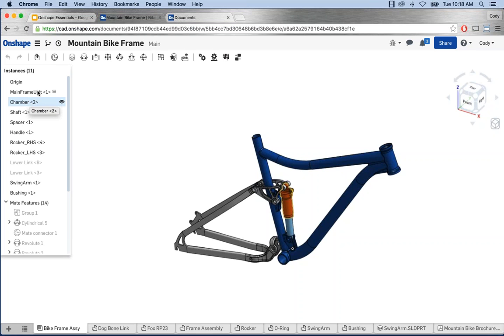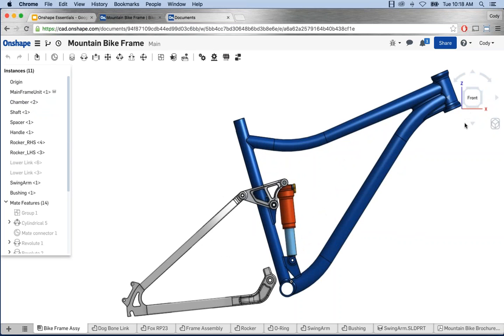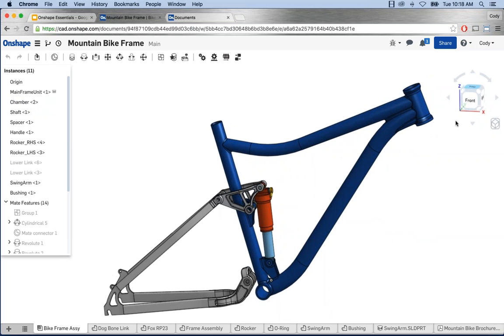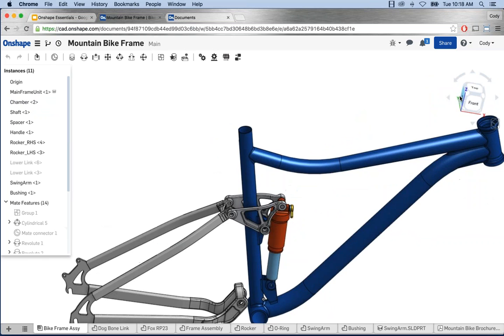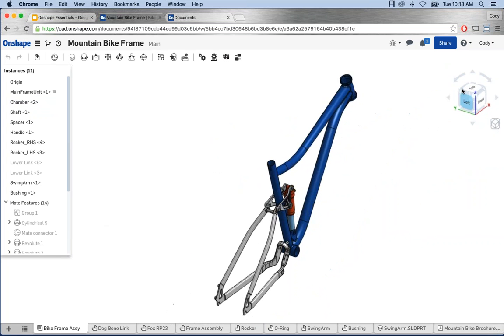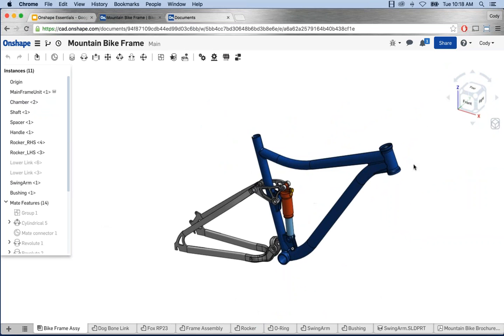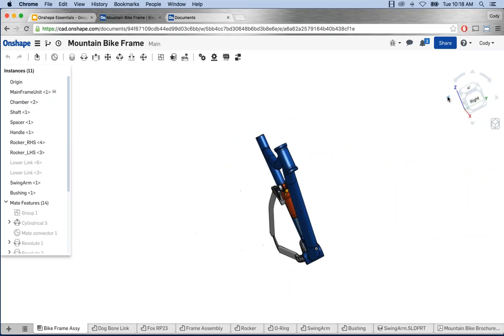So this is my feature list, and then of course I have the Viewcube here on the right. The Viewcube allows me to click on and go to certain orientations. So there's the front, there's the top, there's the left, and I can just left click the cube to go to those model orientations. You even have the ability to click on the corners and go to various trimetric views within the model. So Viewcube is very good for positioning the model in a certain way, or even just indexing the model over,